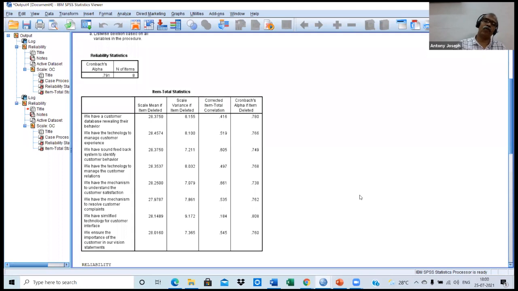And then you have to see what this item to total correlation is. It's a very simple concept. Say, for example, if you are acting as a respondent in a survey, and you are giving different levels of agreement, and for different levels of agreement, the numerical value assigned will be different.